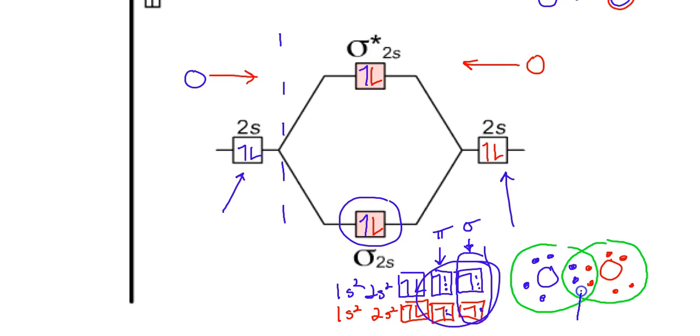If every single oxygen in this setup feels like they have the octet, which means they're 2s2, 2p6 by sharing. Remember, that p orbital overlapping another p orbital to feel like they both have 2. And the same thing with the